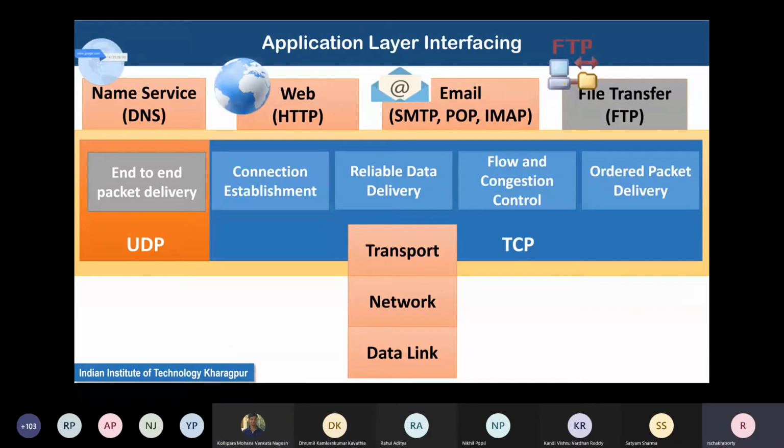We remember that this transport layer TCP has made a promise to the applications on top of it, for example file transfer or SMTP or HTTP, that it will perform reliable data delivery and ordered packet delivery. This is guaranteed.